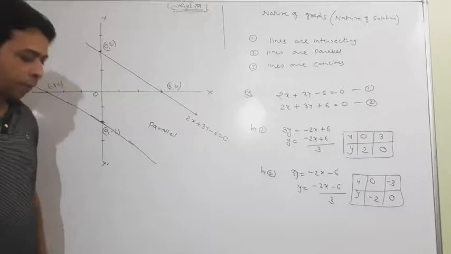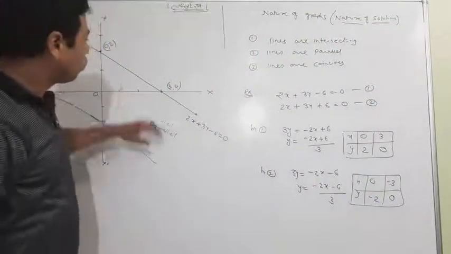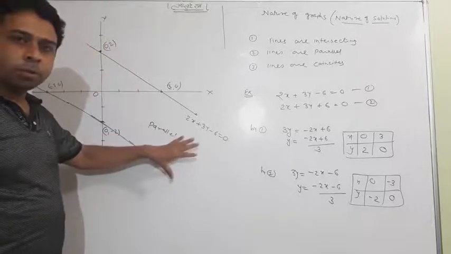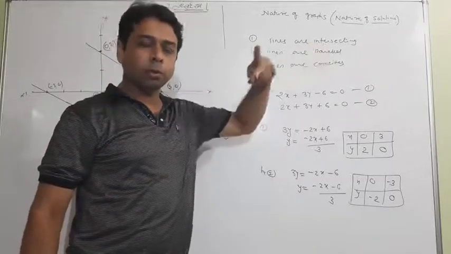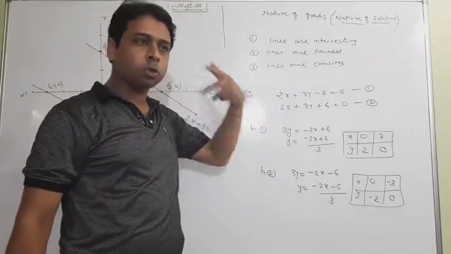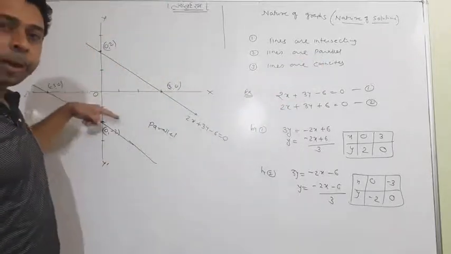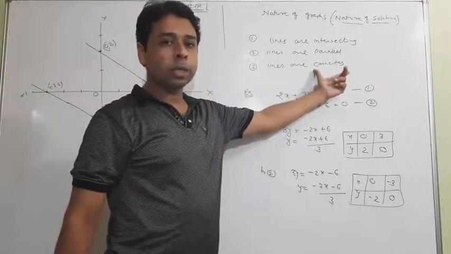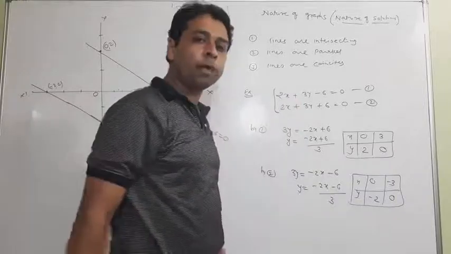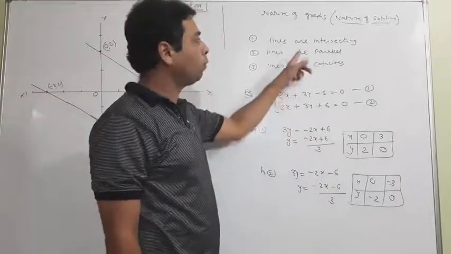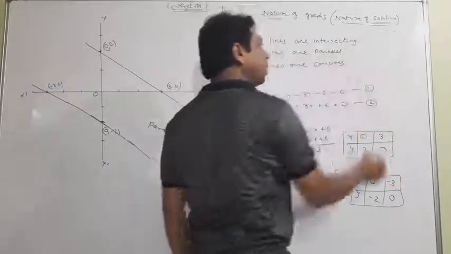Along with that, I want to tell you the nature of solution. One thing: when you draw two graphs, either they will be intersecting. Yesterday I took two lines, I drew the two lines, and you saw that the lines were intersecting. This time the lines are parallel. Lines may also coincide, and one of these three conditions is always followed. Whenever you have two equations and draw the graph, definitely it will follow one of the conditions. It is also showing the nature of the graph, and telling us the nature of the solution.